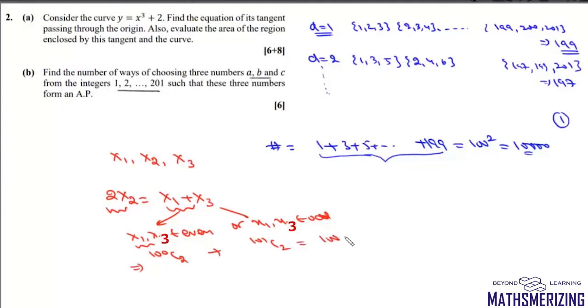So this is n minus 1 by 2, and this is n minus 1 by 2. So we'll take 50 common, and then it'll be 200. So again it'll be 10,000. So the total number of ways of choosing three numbers in AP is 10,000 again from this second method also.